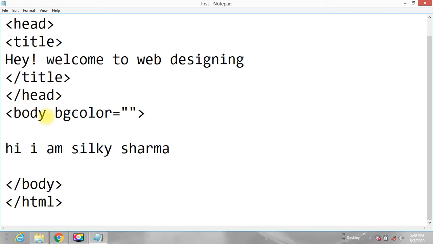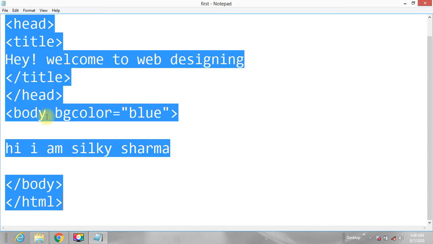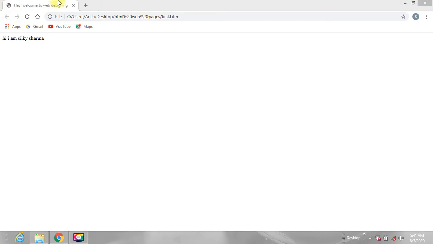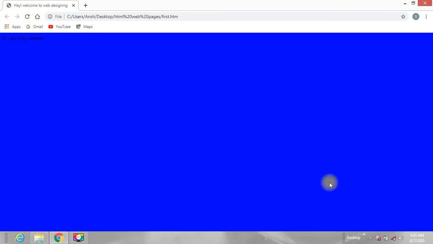I told you I want blue color, so write blue. Okay, now after making changes, press Ctrl plus S. Your changes have been saved. Close this. Now reload this page. See, the background color is blue now.